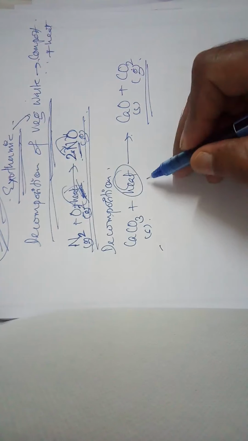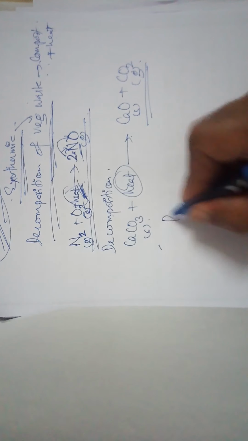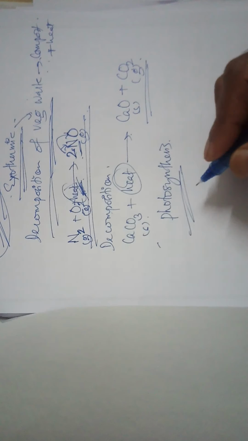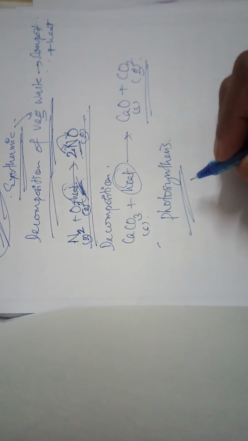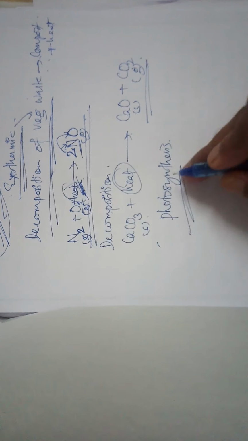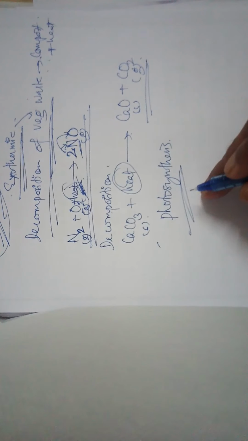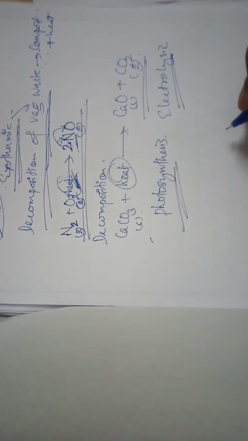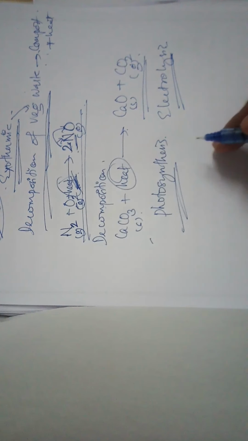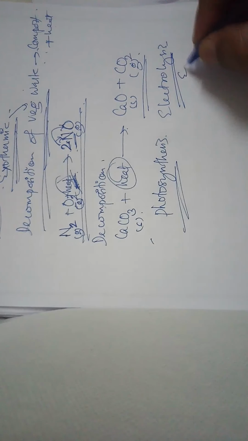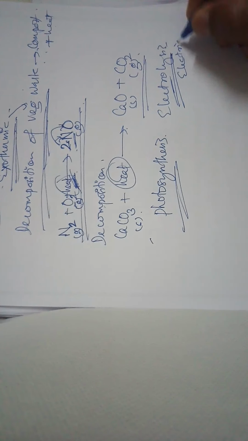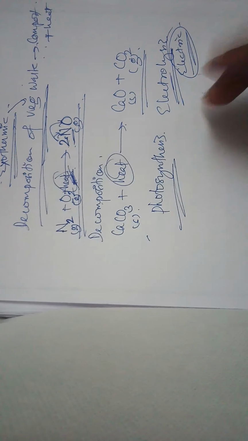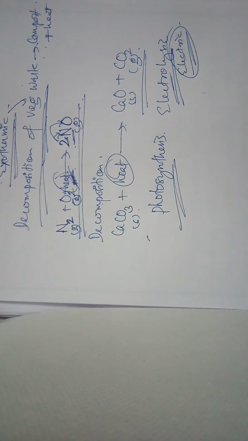And another one you have learned about is photosynthesis. Photosynthesis is also an endothermic reaction. In this, sunlight energy is absorbed during the process of photosynthesis by the green plant. The electrolysis of water to form hydrogen and oxygen is also an endothermic reaction. This is because electric energy, that is, energy required to complete this reaction, is absorbed during this reaction. It is clear from this discussion that energy can be given out or absorbed in chemical reactions